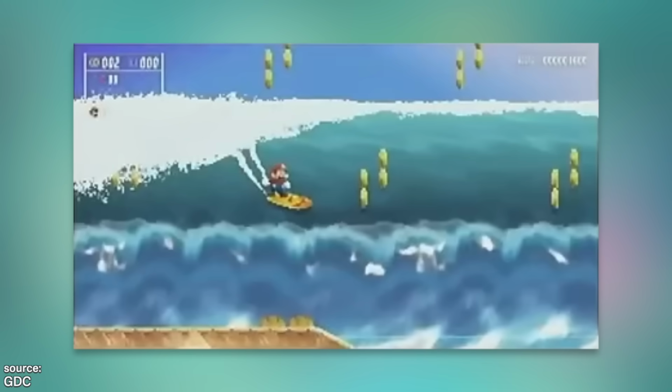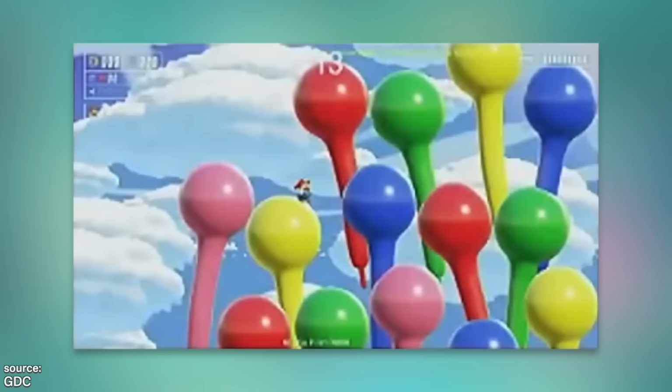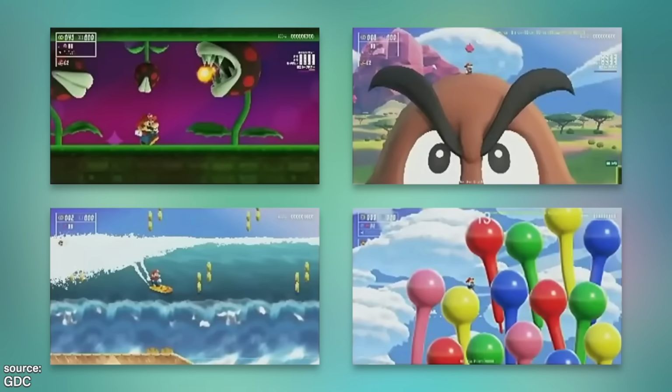For instance, here's Surfing Mario, which we saw earlier on a sticky note. It didn't make it into the final game, but dang does it look incredible. And then there's these floating pegs. I don't remember any Wonder Effect looking quite like this. We've also got an extremely small Mario walking on a Goomba, and this extremely claustrophobic area with piranha plants. I'm not even sure how you get past this. Mario's definitely stuck. I don't have any memory of these making it into the final game in this form, but